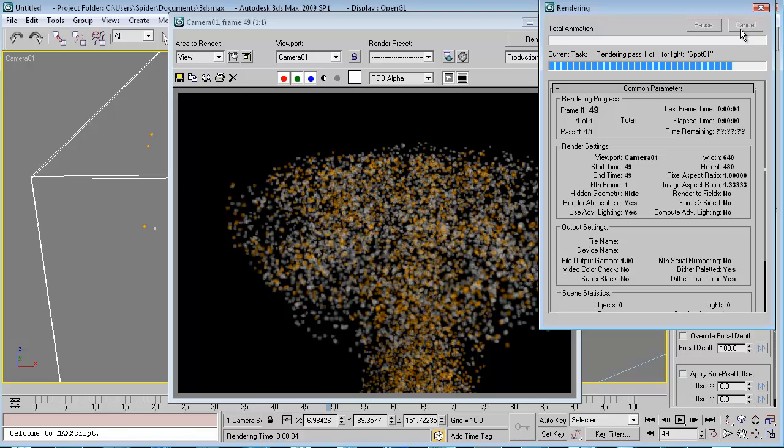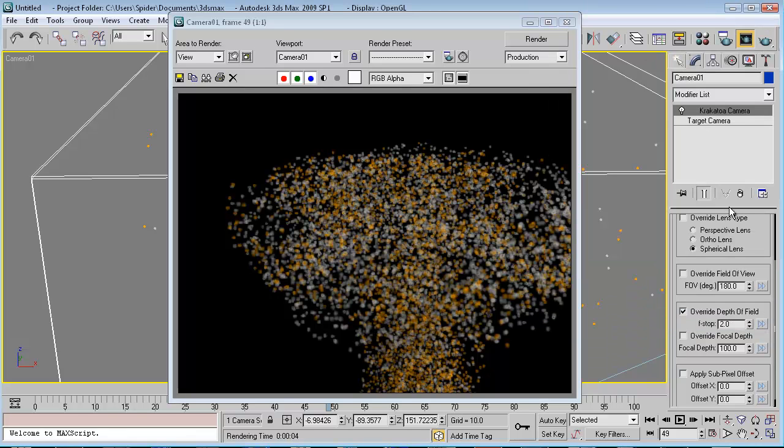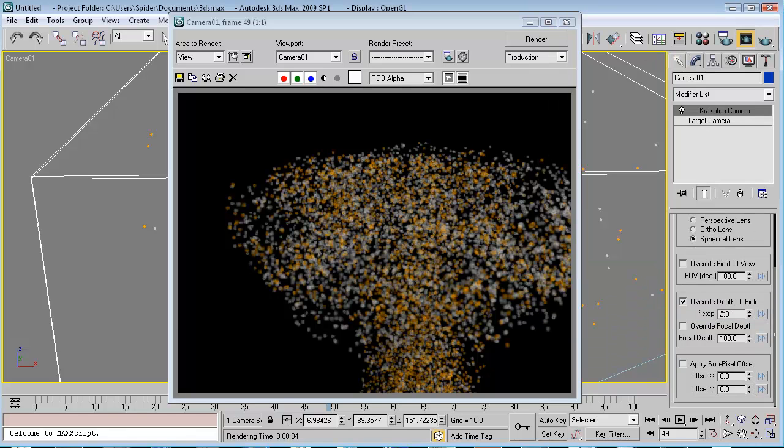We don't see a big difference now. By lowering this value, so